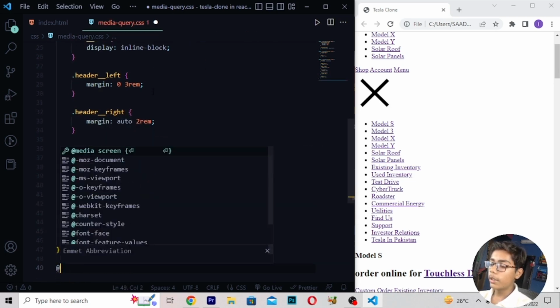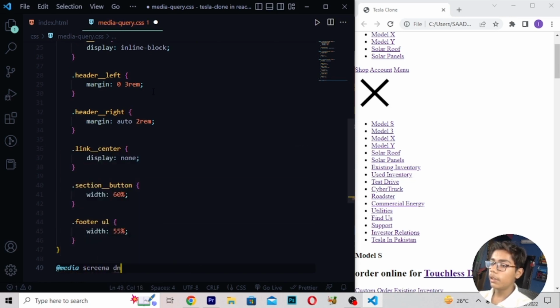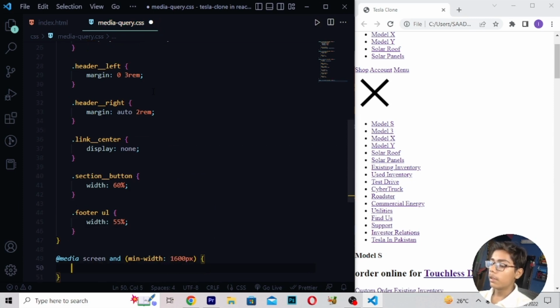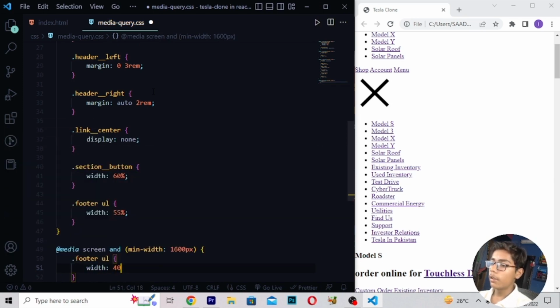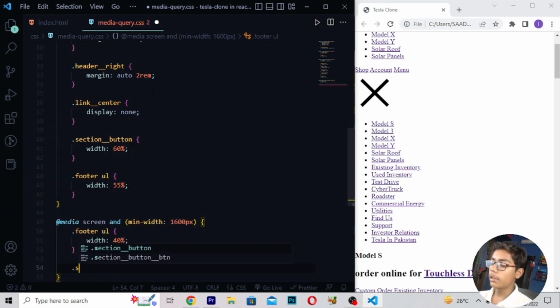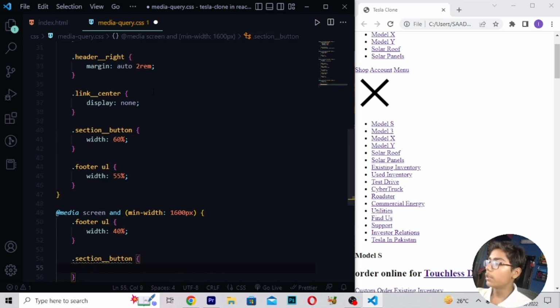Now you have to write @media screen, and then min-width 1600px, .footer ul, width 40%. Then I will be writing section button, width 50%. Now save this, and I will be reloading.